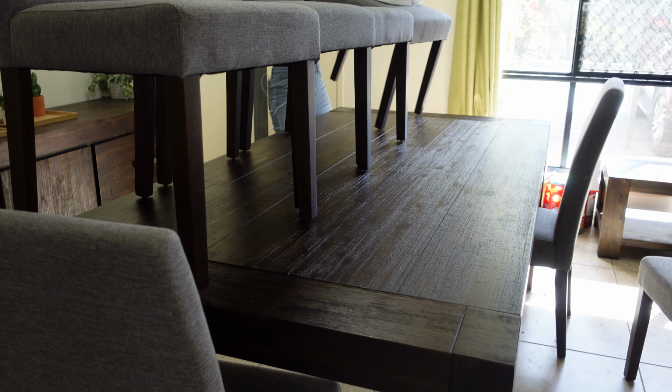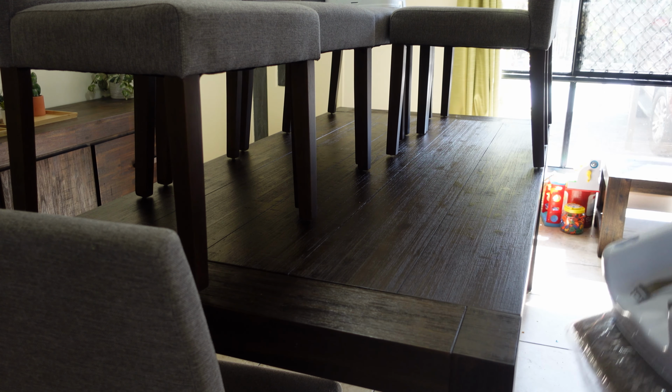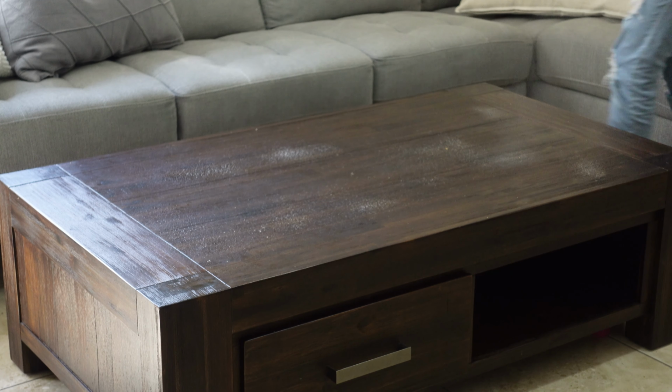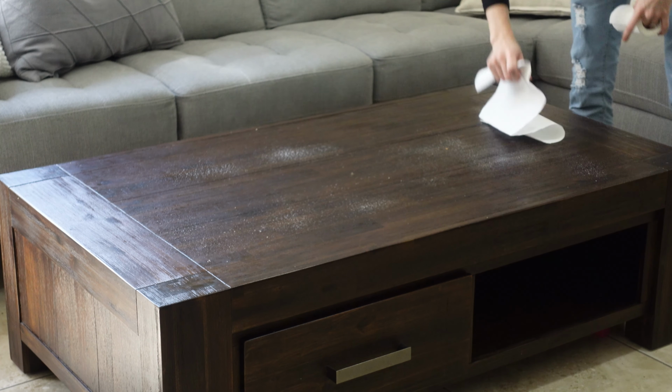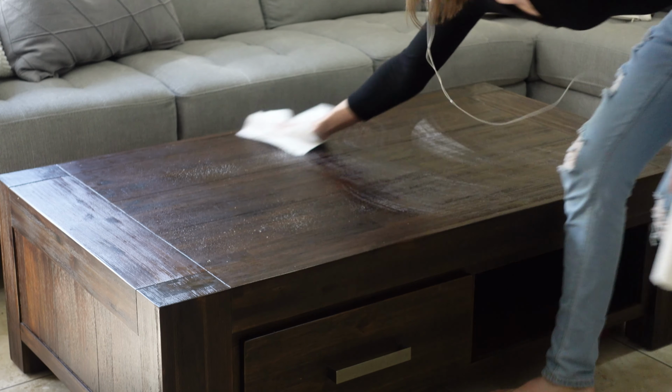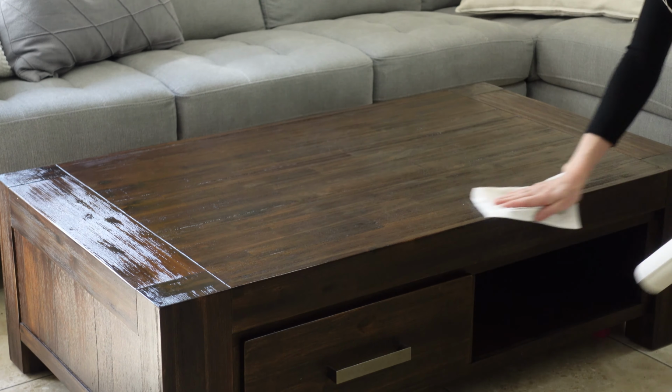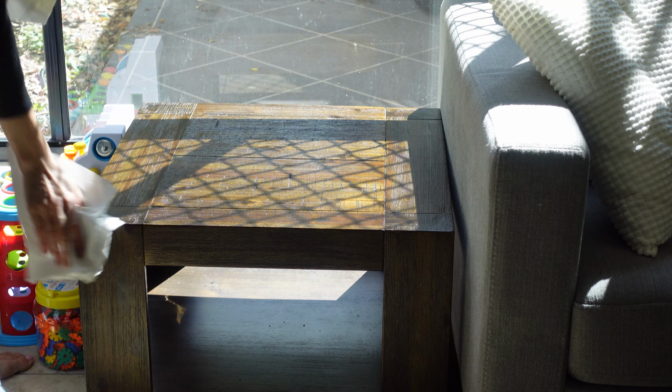I also don't very often put the seats up on the table. I usually vacuum kind of around the table, and under the table gets really, really gross. But today, like I said, I'm doing a bit more of a deeper clean. The coffee table always ends up with crumbs because this is where the kids eat during the day when they're just having some snacks at the coffee table, because we try and tell them not to eat on the couch